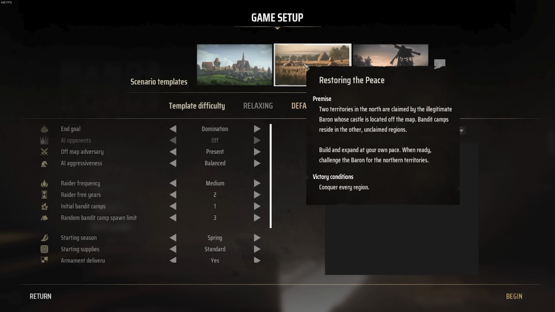town. Next, we have the Restoring the Peace scenario, which is basically 2 territories in the north are claimed by an illegitimate baron, and we of course have to rise up, become strong enough to claim his lands, and then push him out of the region. So this is going to be focused heavily around the city building, but also a lot more